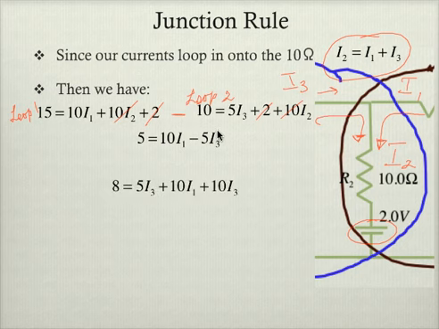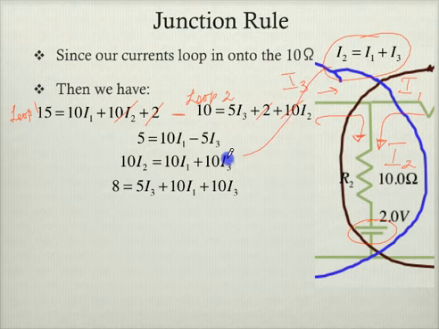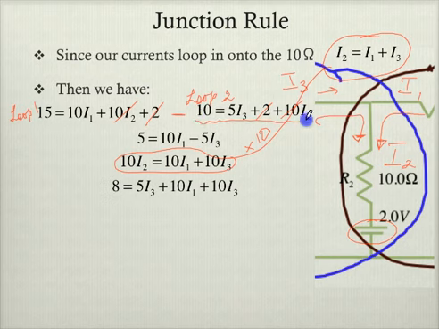Now, my next step, I'm going to take this equation and multiply by 10, and it will become this. So all I did, I multiplied everything by 10. And then from this equation right here, I had 10 equals 5i3